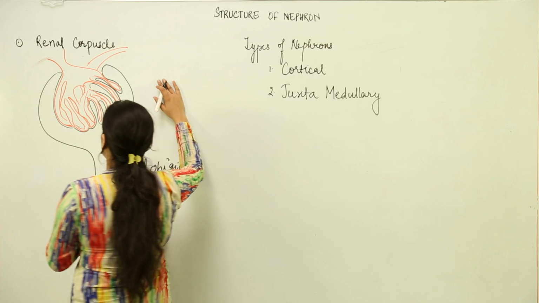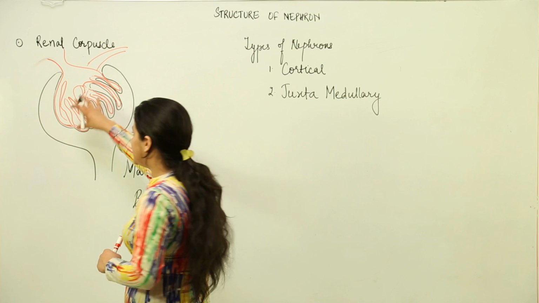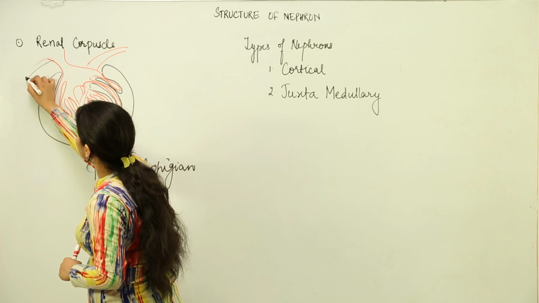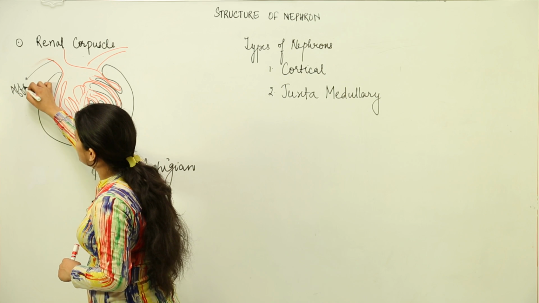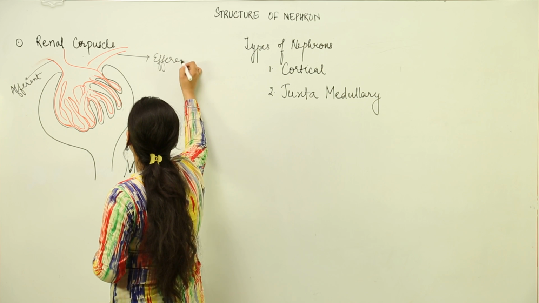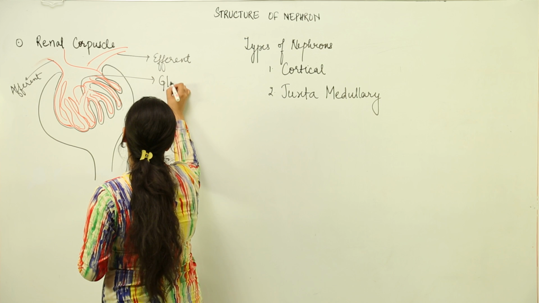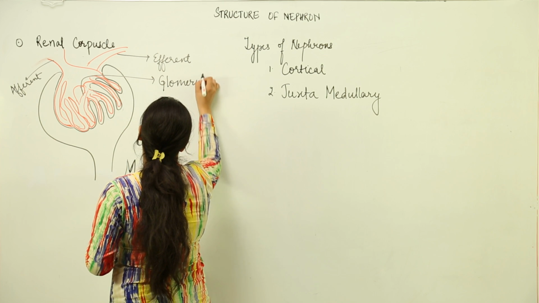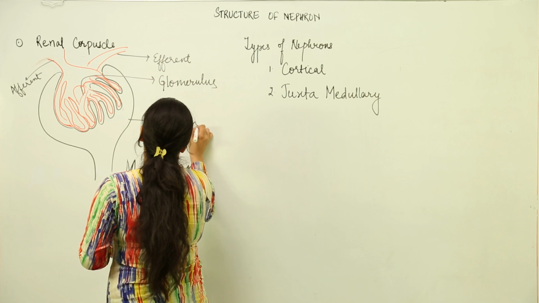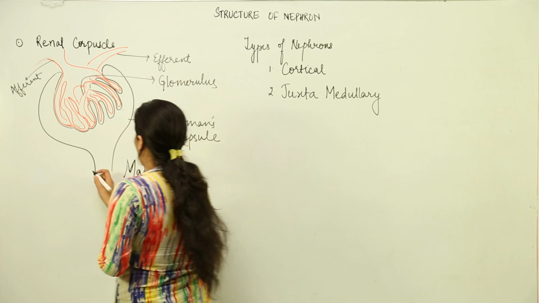Now what you have to pay attention over here is, because we have studied the structure of nephron, so we know that this is glomerulus, the tuft of capillaries is glomerulus. This is the afferent and efferent arteriole. So this happens to be afferent arteriole and this is efferent. Alright, this entire part is glomerulus. This is Bowman's capsule. Again, same labeling, same understanding, and this is